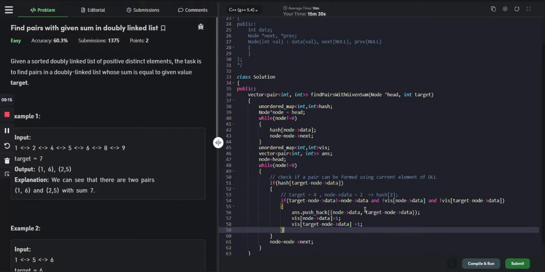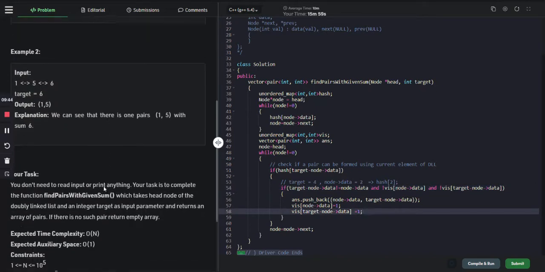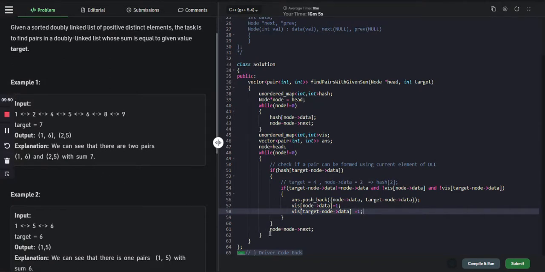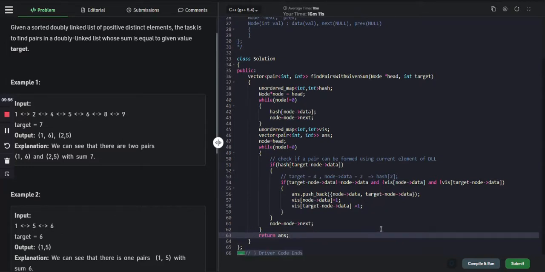So that's all that we need to check, I believe. If hash of target minus nodes data exists, then target minus node of data, that is the second element, should not be equal to the first element. And what else? That both of the elements should not be visited. Okay, that's all that we need to do. So now we should be having our answer ready, so we can simply return the answer. Alright,